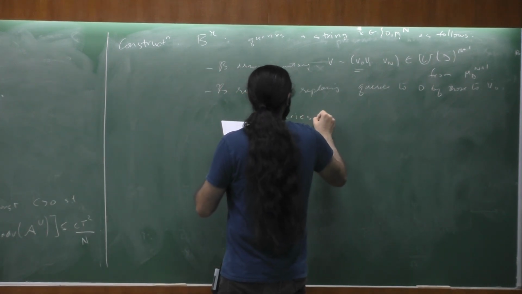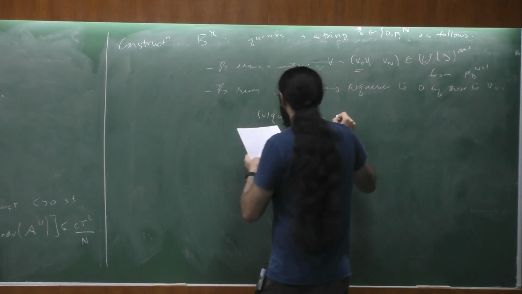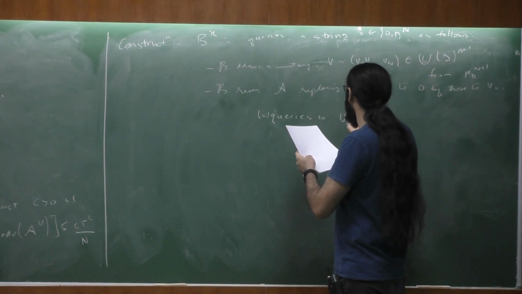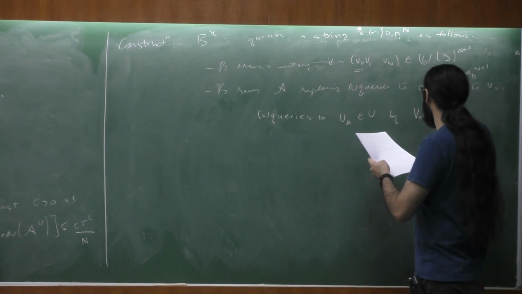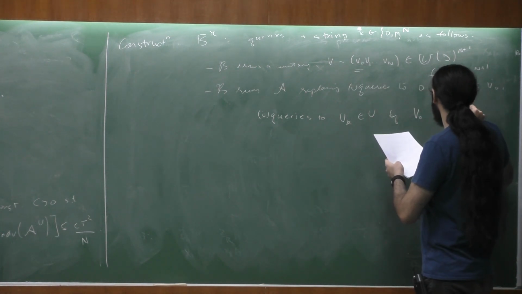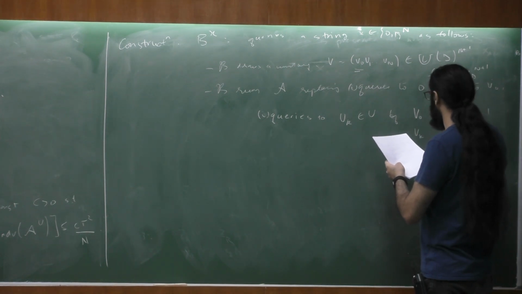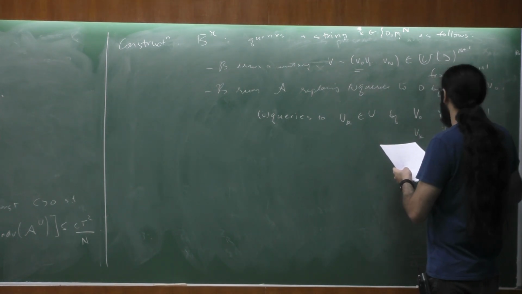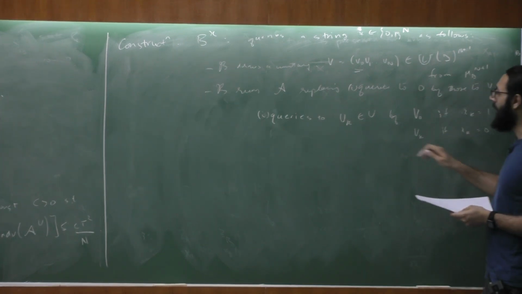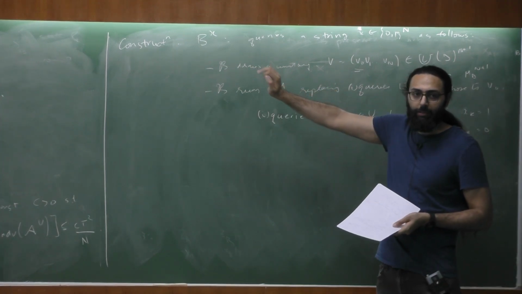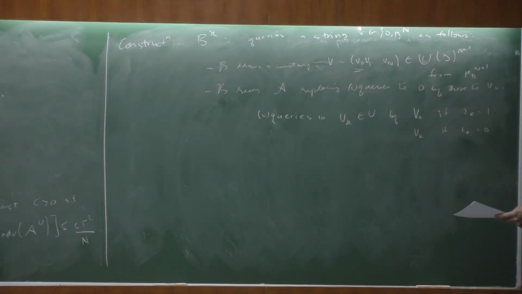And queries to U sub k in U by V0 if x sub k is 1 and Vk if x sub k is 0. Okay, so we are using A to construct a new algorithm B, and what this algorithm is doing is that whenever